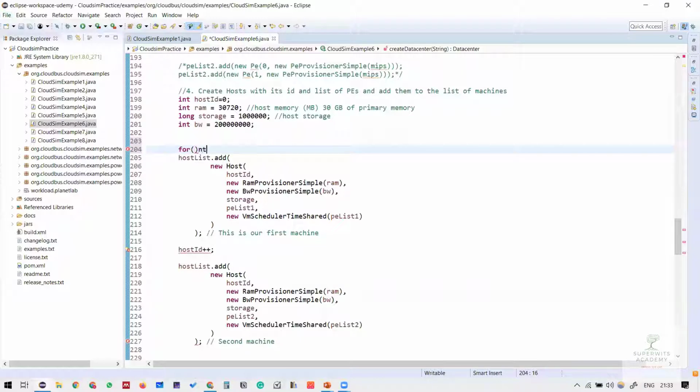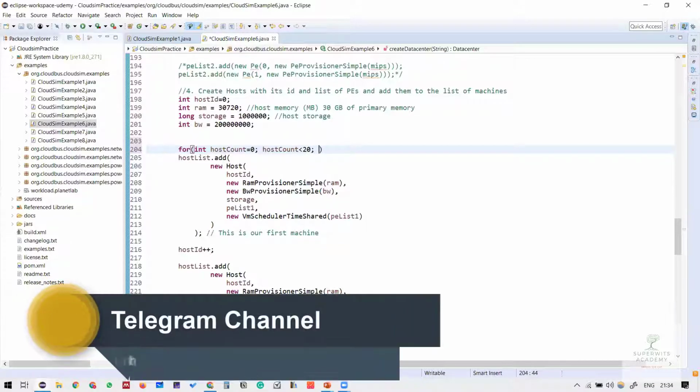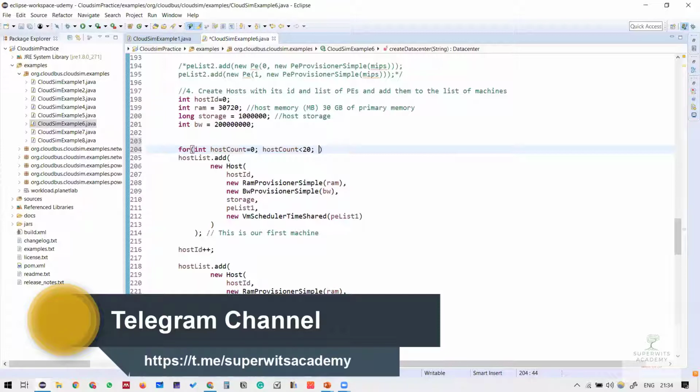So if I say int host count, we start from 0, and let's say each type of host is 20 or 30, whatever you want to have. So I am trying to have host count less than, let's say 20 for the first set, and let's say this is host count plus plus.